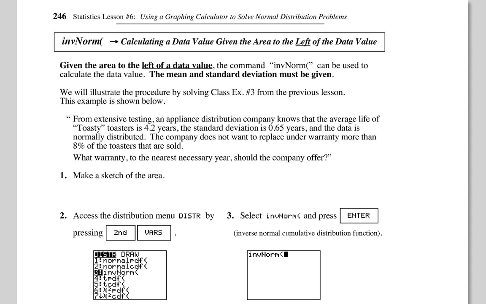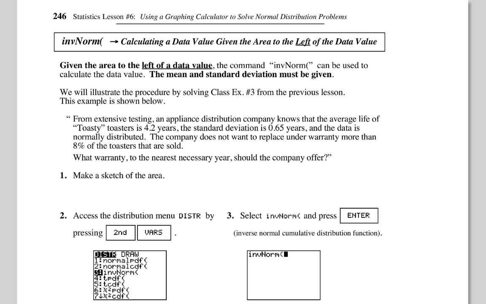Okay, so you're on page 246, and we're going to be working backwards now. We're going to start with the area and then get the Z scores. This one's going to be called INV norm, so it's like inverse normal. It's like reversing the process. So in this case, you have to put in the area, and then it's going to spit out the